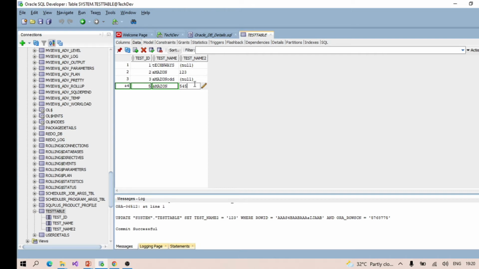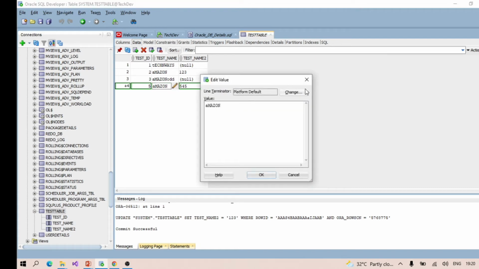The test name is Amazon and test name 2 is 545, which is different from 1 2 3 in row 2. So our composite unique constraint is not breaking, but it will not allow us to add because Amazon is already added, and we also have one more unique constraint which uses test name as a unique identification. So it will not allow you.